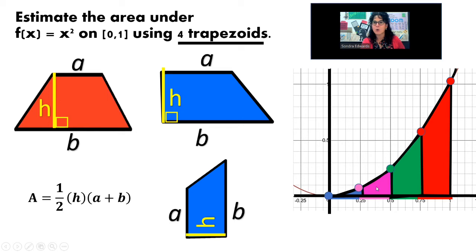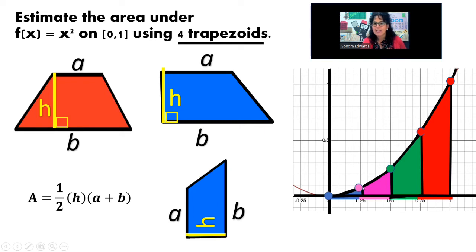Same thing with the pink one. And then this blue one, that one's kind of weird. I don't want it to throw you off. It's a triangle, but even when it says use the trapezoidal method, you're going to find the area of that triangle. If you follow the pattern,